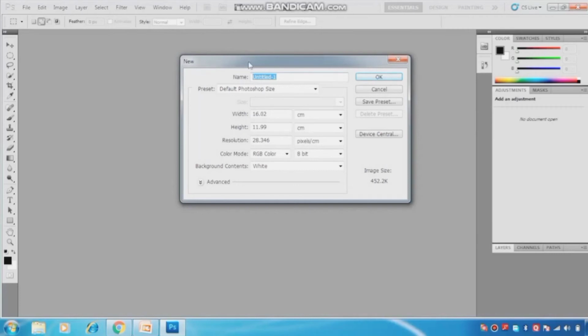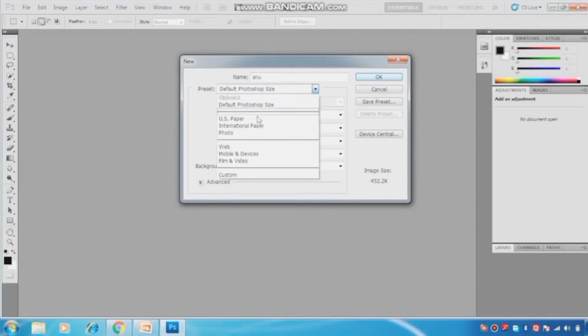Okay, so here what you have to do, you have to give a name to your image. Suppose I write here ANU, and from here you have to select the preset, means the size, like clipboard, US paper, international paper, photos. So I select here the default Photoshop size.